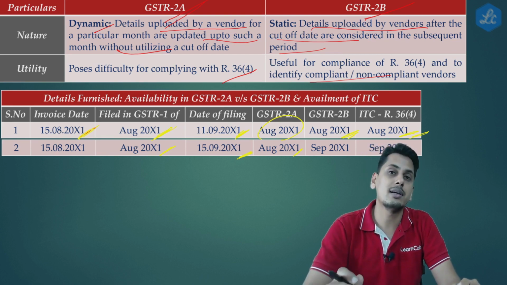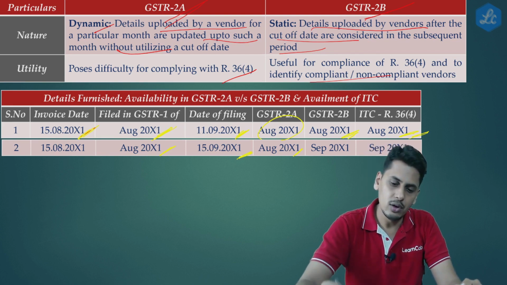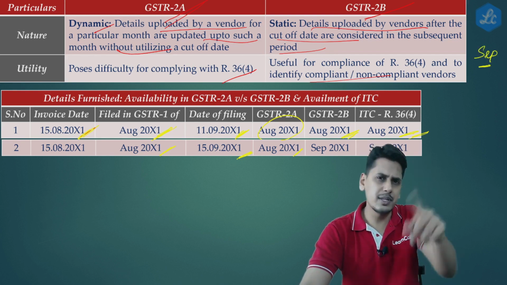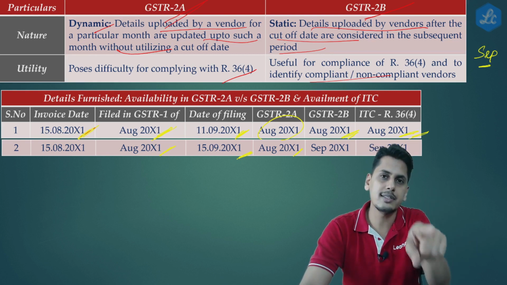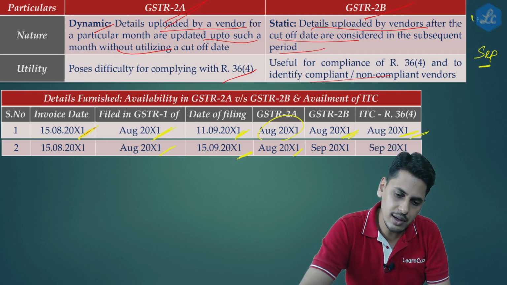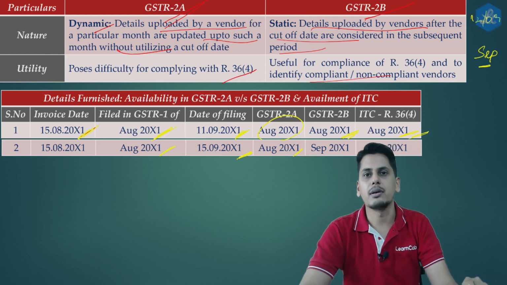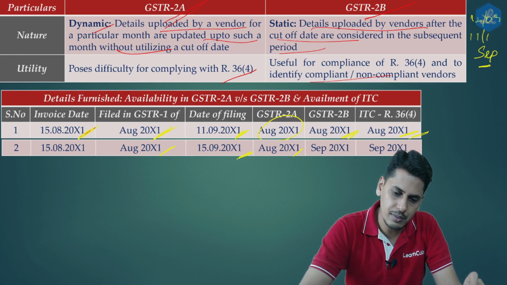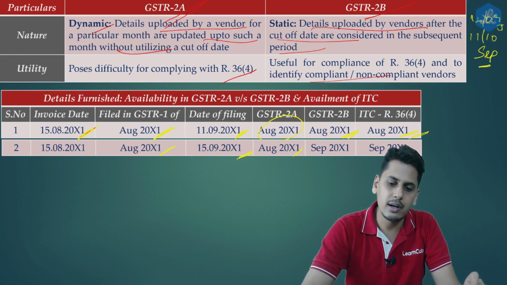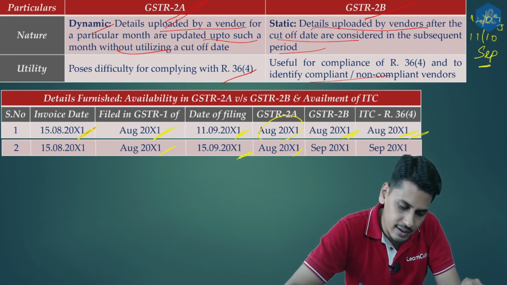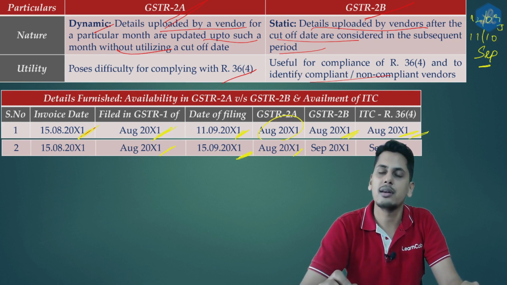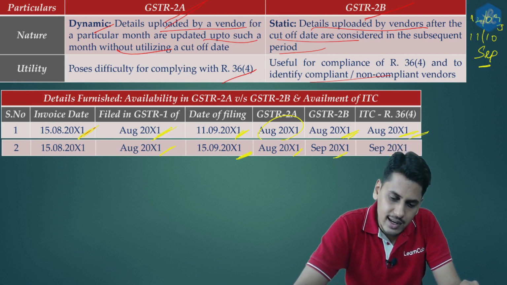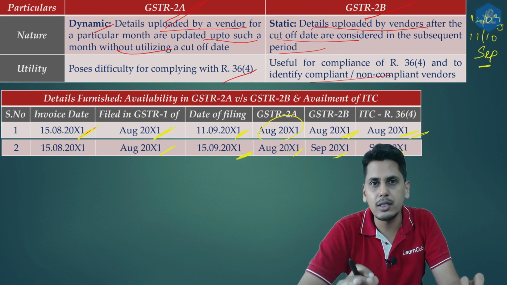What is the window for September month GSTR 2B? What was preceding to it? August. What was the due date of August? 11th of September. So for September, the date would start by 12th of September. For September, what is the due date? It is 11th of October. So the window for September is going to be 12th September to 11th October. Is it filed in the window of 12th September to 11th October? The answer is yes. So therefore, it would appear in 2B of September. Accordingly, credit could be taken in the return for the month of September.